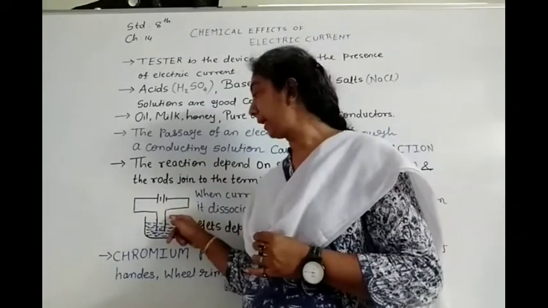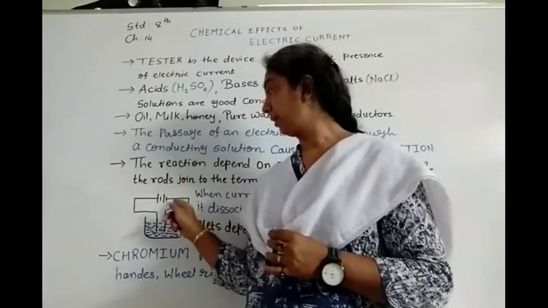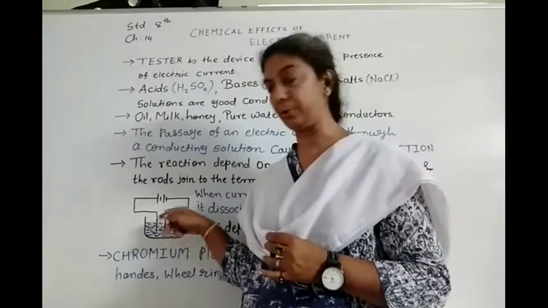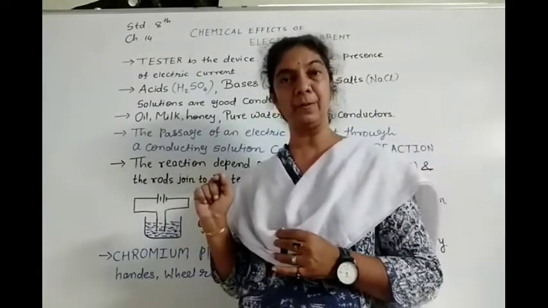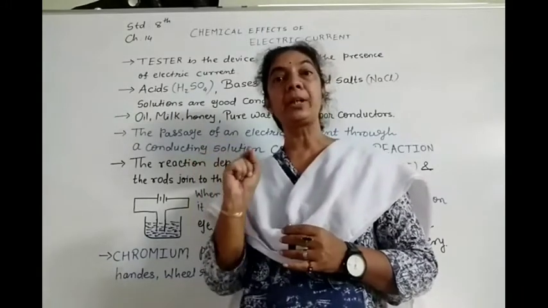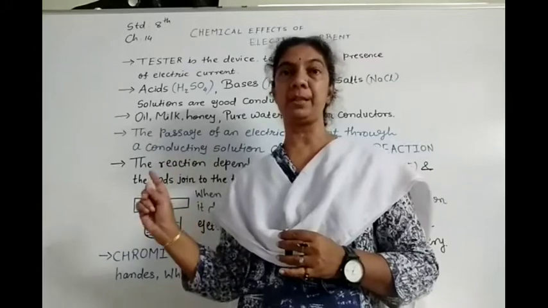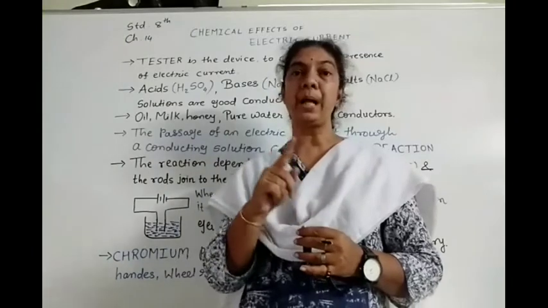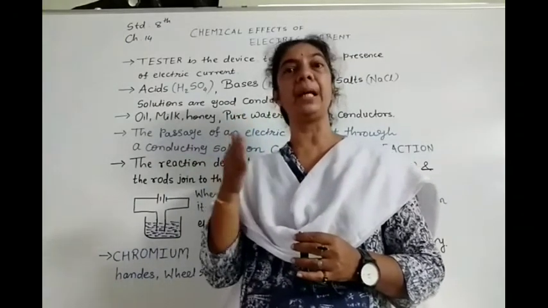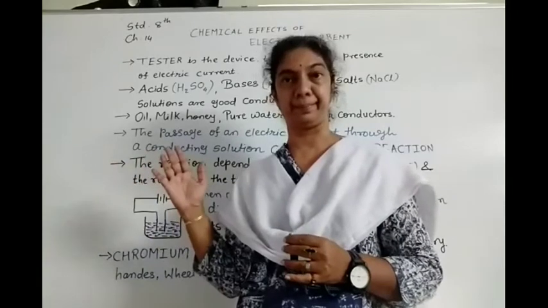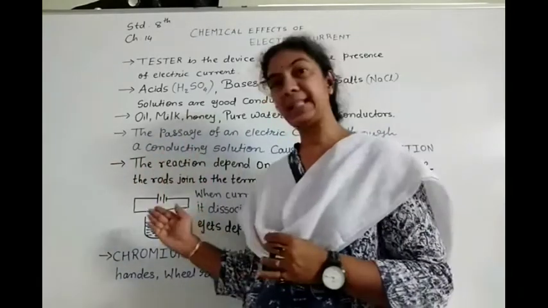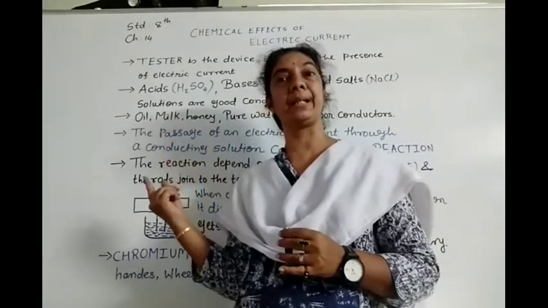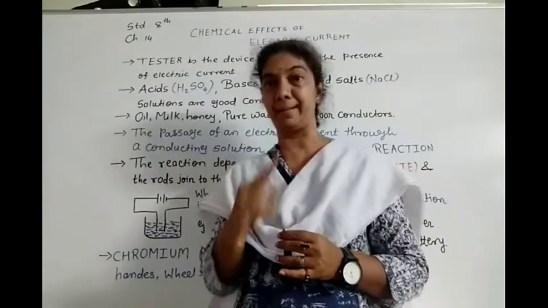So whenever I am connecting the iron rod with the negative terminal, the copper which is released from this solution will deposit on the negative terminal of the battery. So whatever electrode I use with that negative terminal, the copper ions will deposit on it, meaning a thin layer of copper will be formed on that. And as a result, we can see the thin layer of that metal on the substance which is connected with the negative terminal of the battery.